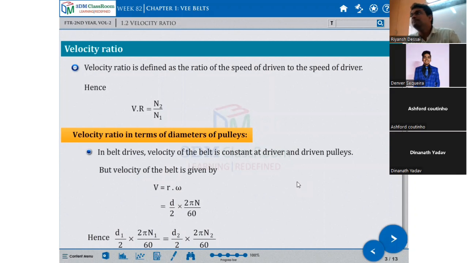Understood, no? It is the ratio of driven to driver. Hence, velocity ratio is equal to n2 upon n1. Why n2 upon n1? Because of the driven first. It's a ratio of driven upon driver. Therefore, n1 is the driver, n2 is the driven. Whenever it's given, the velocity ratio